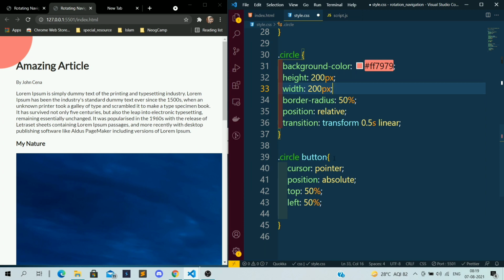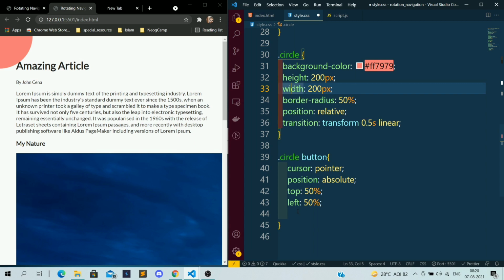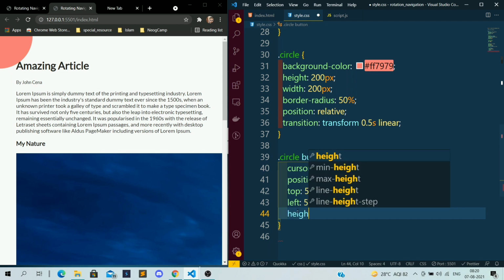It will show the top and left position based on the parent class. And what is the parent class of the button? Circle. That is why I made the circle class position relative and the button position absolute, so that I can position it based on the circle div. Now I want to give the height.